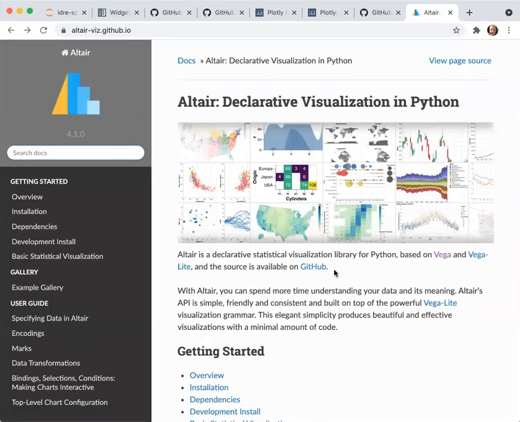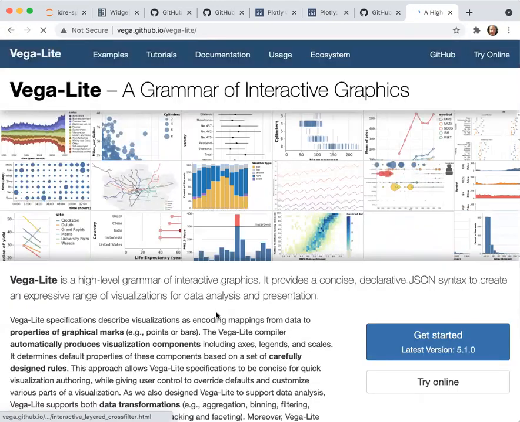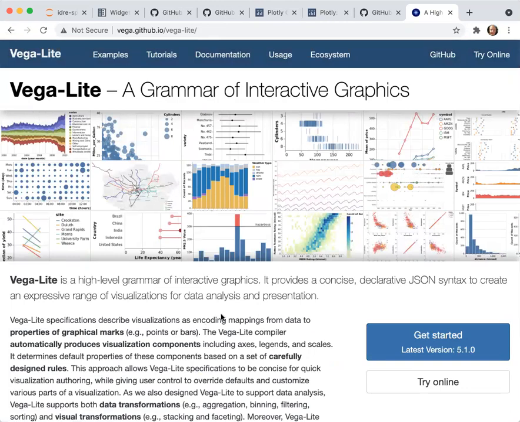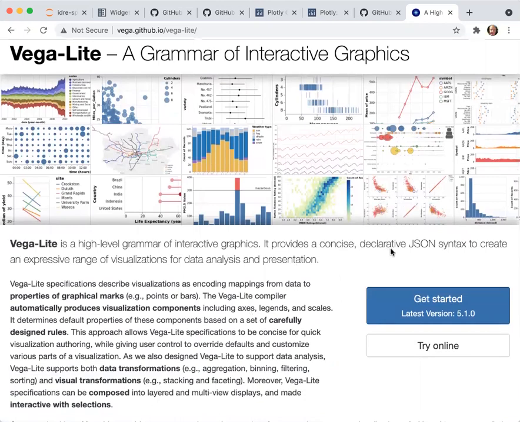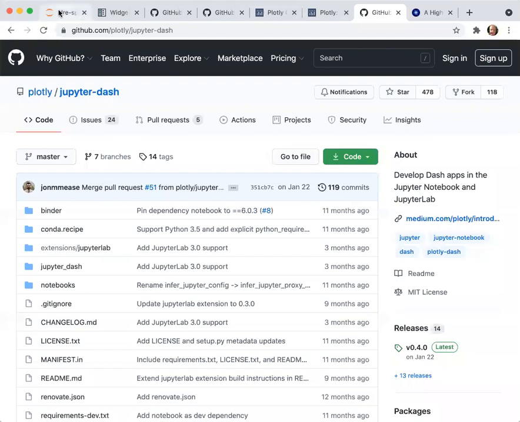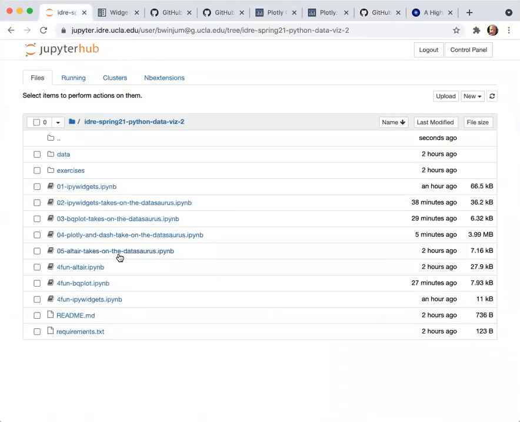Vega-Lite uses a declarative JSON syntax to create the graphics. This might be a little more clear, like what that means, when we look at this notebook.